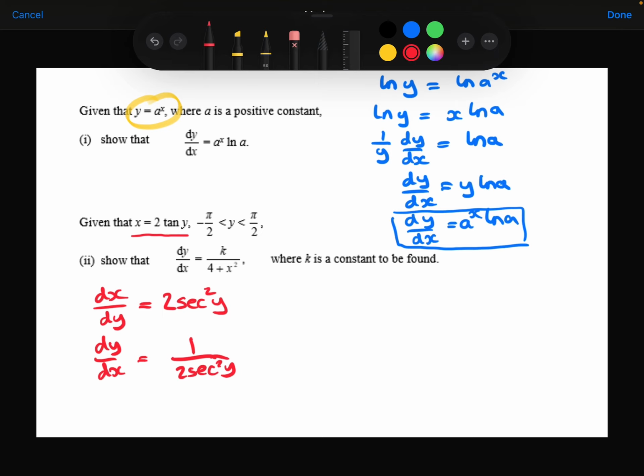Now I need to remember the identity that tan squared y plus 1 is equal to sec squared y. So I can replace this sec squared here with tan squared y plus 1. Expanding those brackets,